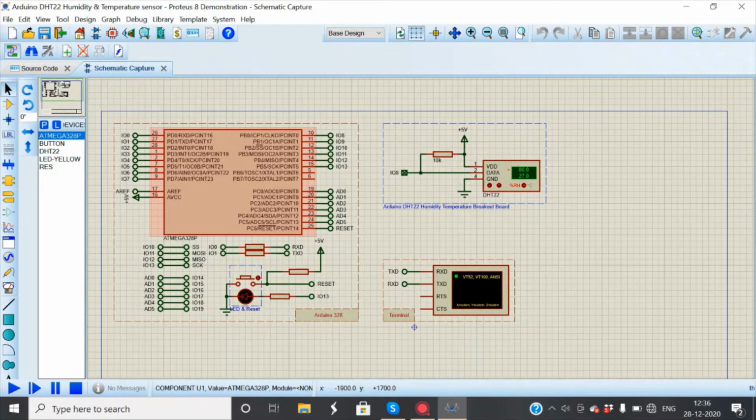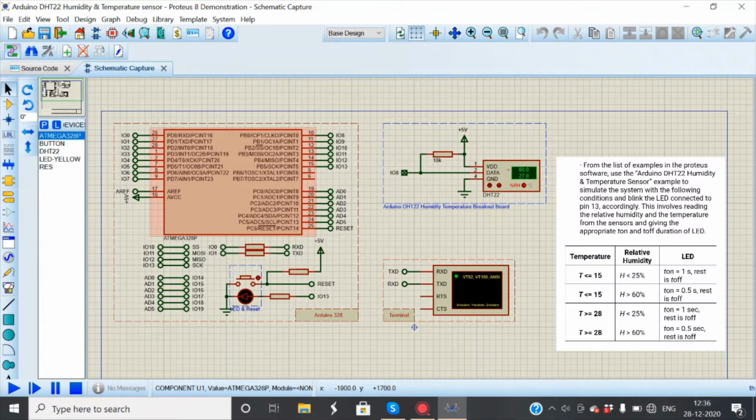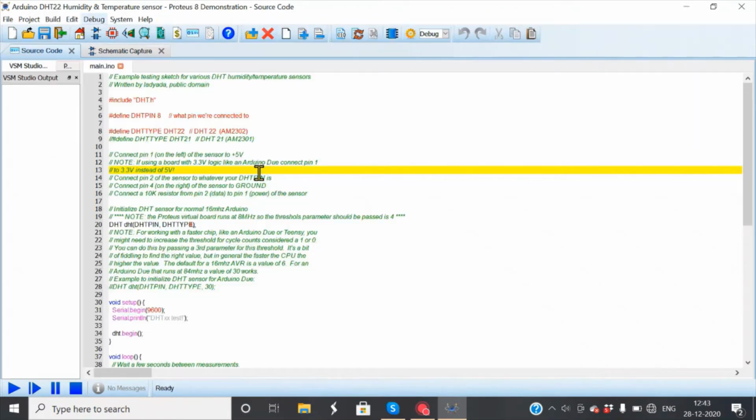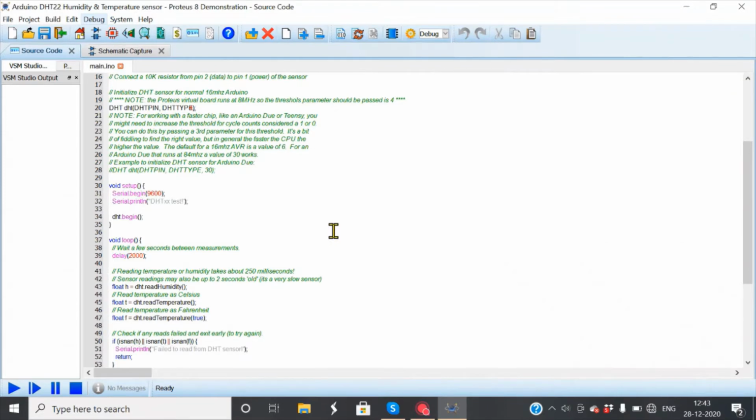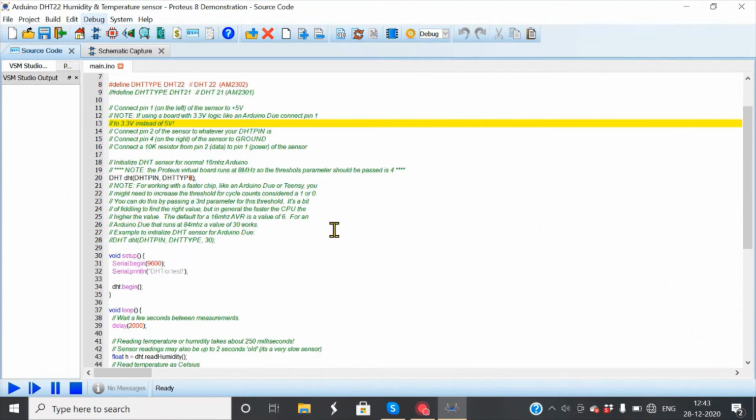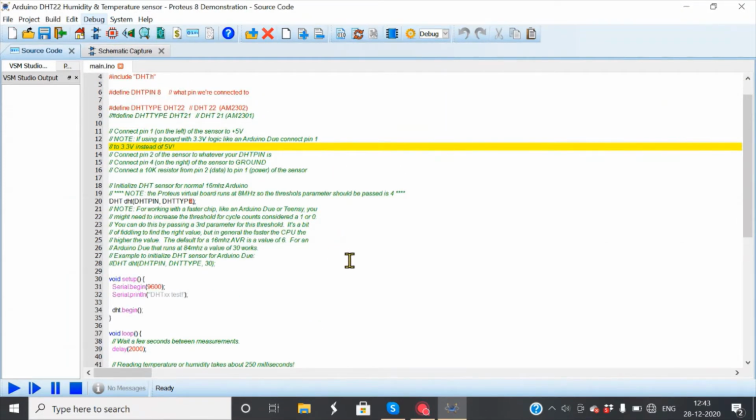In this part of the assignment, we have to make a temperature and humidity sensor work on certain conditions we provided to it. For that, we need to give it instructions in coded form. So the default source code is to be manipulated in such a way that the LED connected to pin 13 blinks according to the conditions provided.